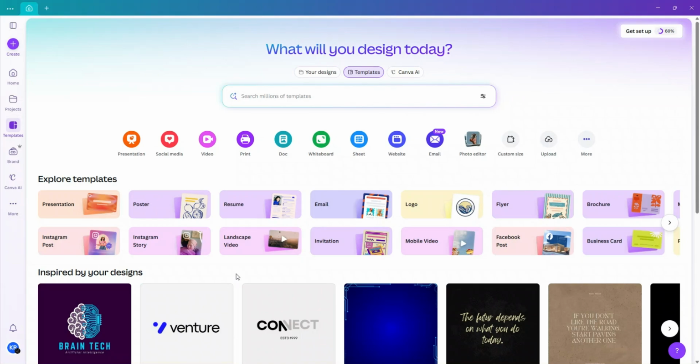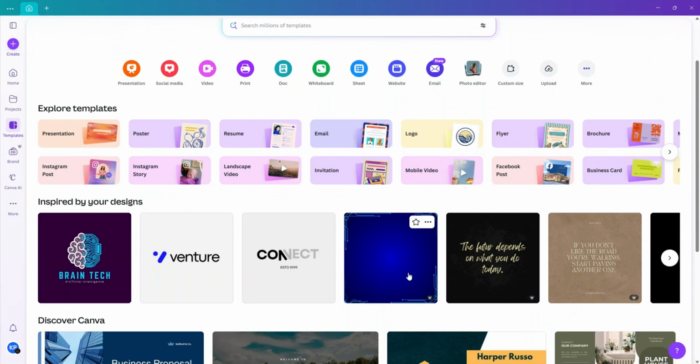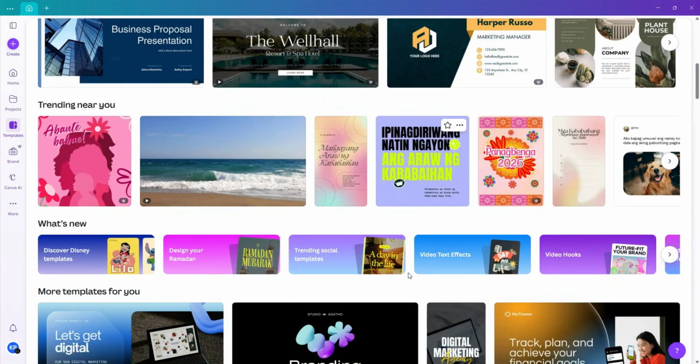In this video, I will be showing you how to blur a background in Canva. Let's get started. I'll begin on the Canva home screen and scroll down through the template options until I find